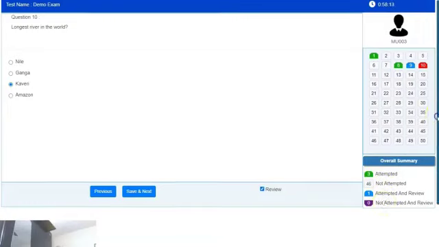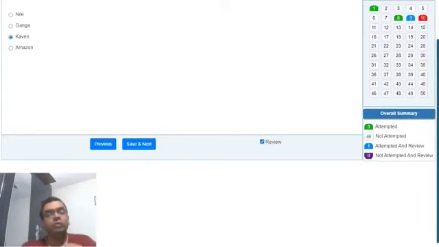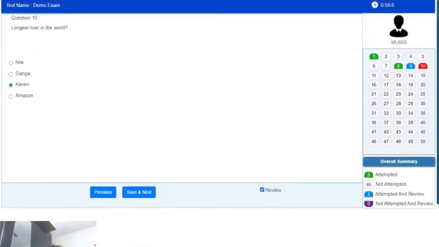At any given point of time, you will be monitored by the remote proctor, and your images will be continuously recorded by the system. You are not allowed to speak with someone while attempting the online exam, and you are not allowed to refer to any books or notebooks while attempting the online exam. If it is found that you are taking help from someone, or if you are speaking with someone, or you are taking help of any external means like books or notebooks, then it will be considered as exam malpractice.